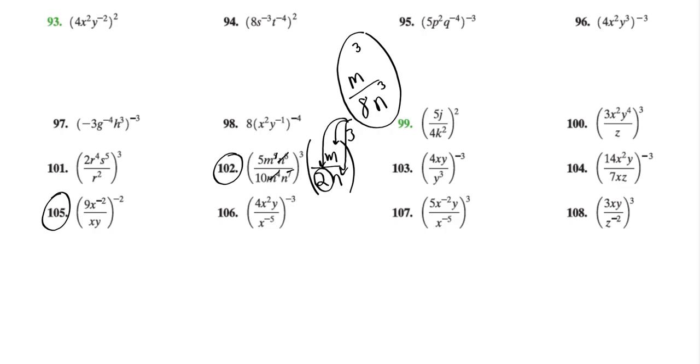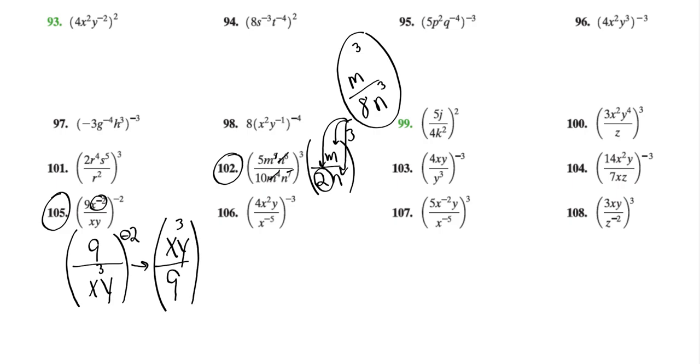Okay, last one we're going to hit is 105 before we get into the main lesson. So again, simplify inside first. So we're going to have to move the x's around since there's a negative exponent up here. So that's going to drop down, making it x to the third on the bottom. And we have the y that's down there still. And then we have our negative 2 outside. So I gave you a couple different options with this one. You can give the negative 2 exponent to everything. I think that's a little more complicated. The best thing to do is just to flip the whole fraction because of this negative exponent and then change that negative exponent positive. So it would look like